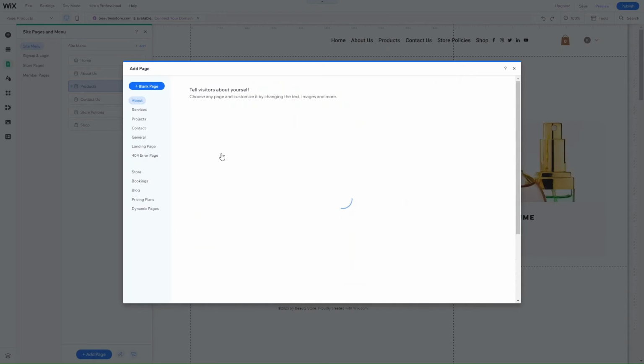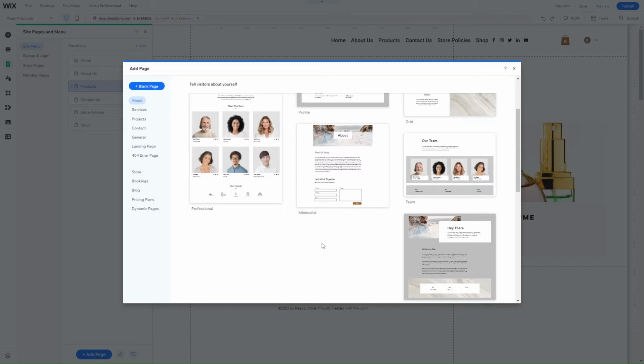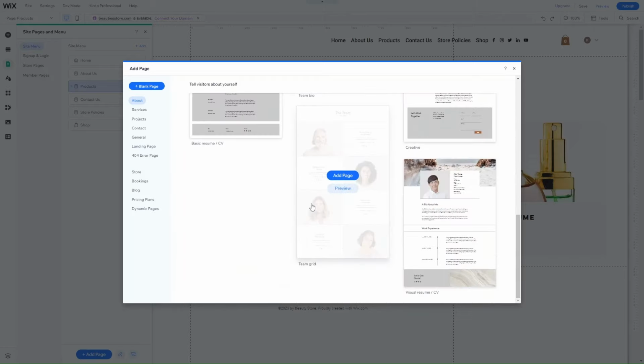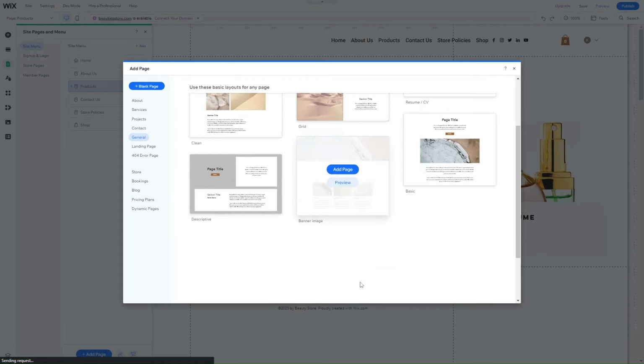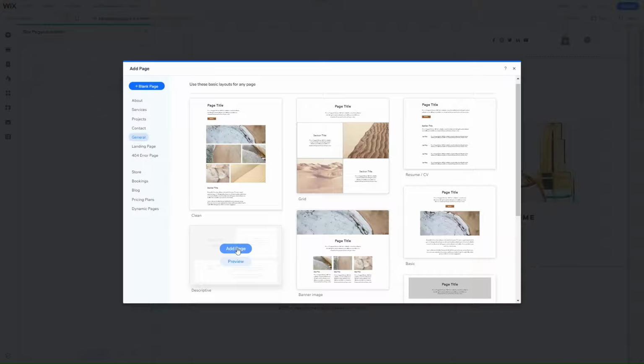And what you can do is add a completely blank page, or you can go through some of the page templates and basically just pick from one of them, so you're not building a whole new page from scratch. And then all you need to do is select the page that you want to add and like the look of the most, and then you can change the layout of it as well. So for example, if we go with this one, I'll click add page,